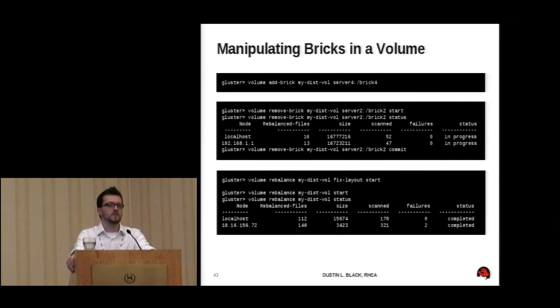So in this case, by giving it a new brick and telling it to do a full-blown rebalance, the hash algorithm is now going to be run against every existing file that's on the system, and it's going to make a new decision about where those files need to go to redistribute those files as if that brick had been there in the first place. So you're going to end up with a lot of disk activity and network activity inherently just by moving that data onto the new bricks.